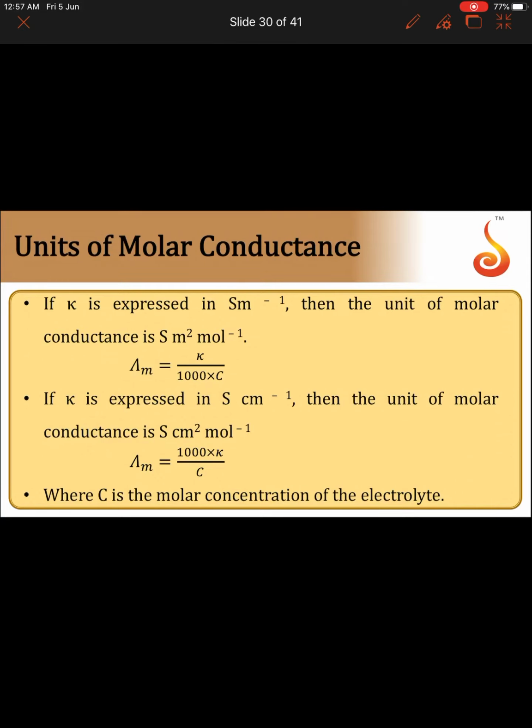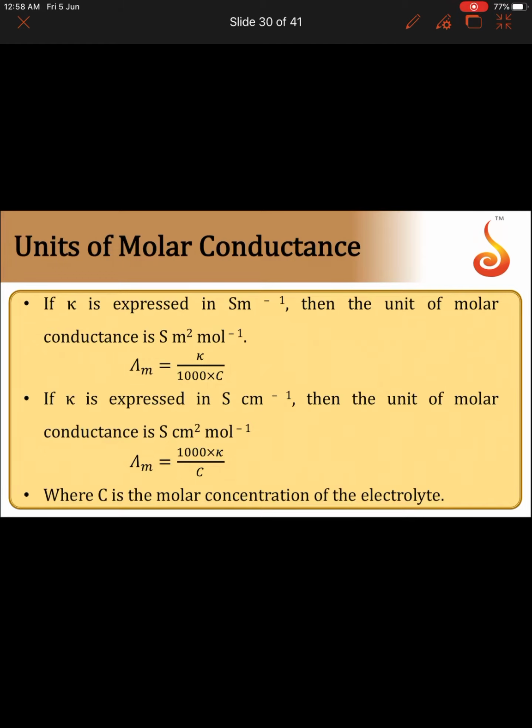Units of molar conductance. If K is expressed in Siemens meter inverse, then the unit of molar conductance is Siemens meter square mole inverse. Then the formula to calculate the molar conductance lambda m is equal to K by 1000 into C. If K is expressed in Siemens centimeter inverse, then the unit of the molar conductance is Siemens centimeter square mole inverse. Then molar conductance lambda m is equal to 1000 into K by C, where C is the molar concentration